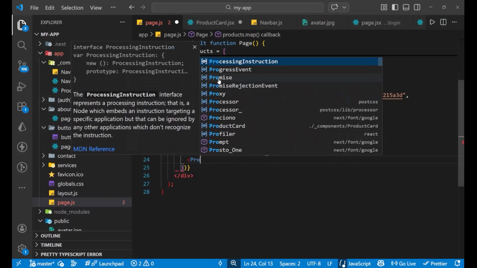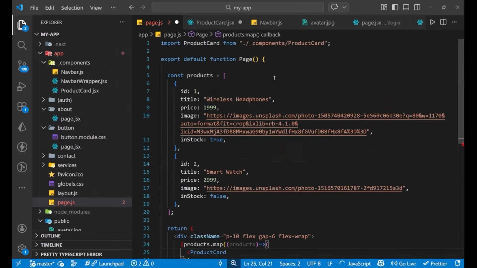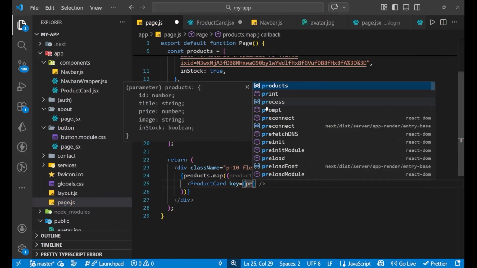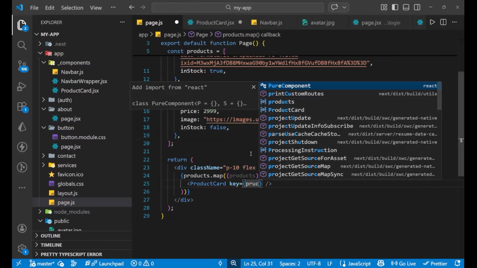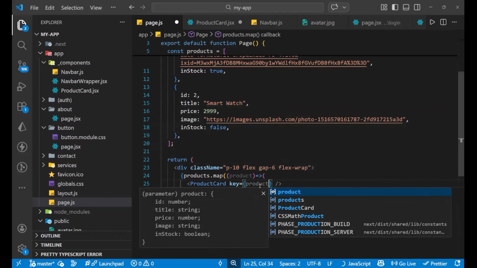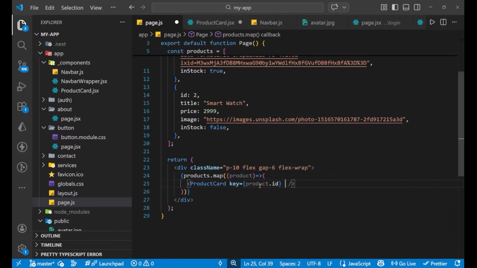So the component is product card. You can see it is imported here, right? So product card, and let's close it. And inside of this, let's give the key as this product, not products, it should be product. Product dot, now key is what, id, right? And the title,